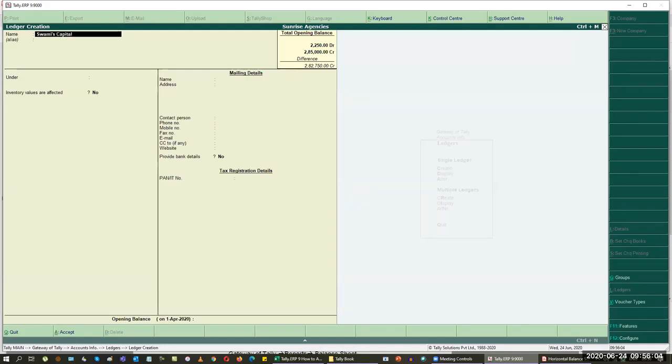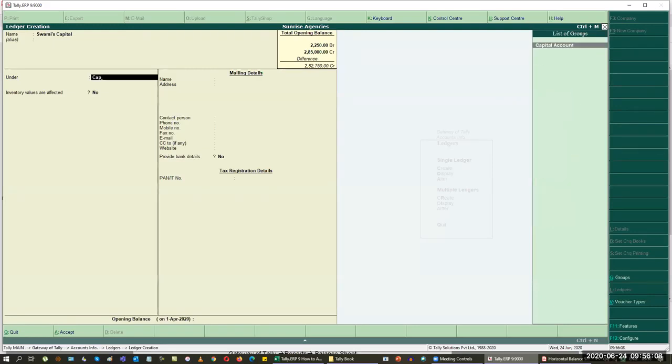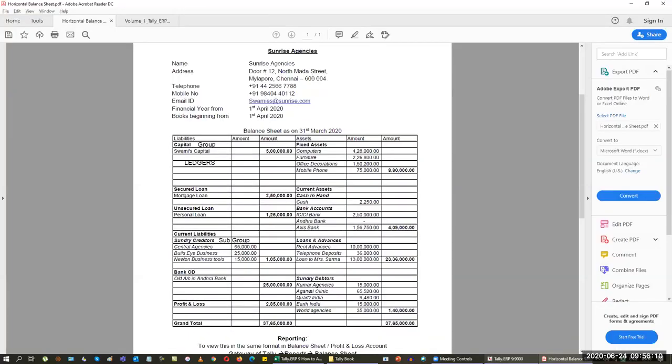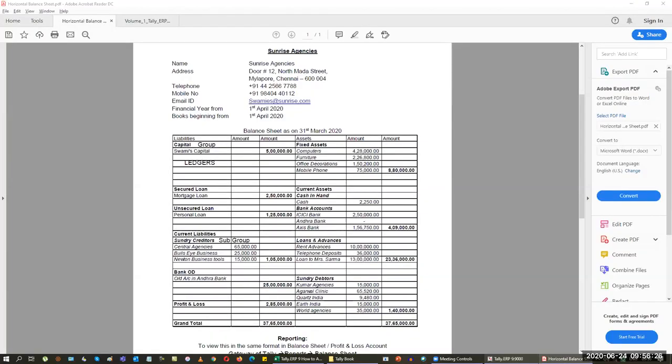And once I feed the name of the ledger, I have to coin them. So I'm going to coin under capital account. So you can see that the ledgers are given below and the groups above, which is where you have to coin your ledgers. Once you have done that, you don't want to do anything other than this. Just jump to the last line called opening balance by pressing Control End and just feed the value here. So I'm going to just feed the value 5 lakhs